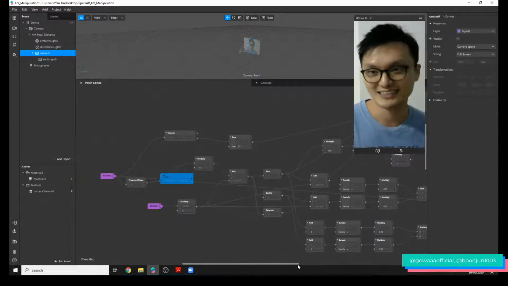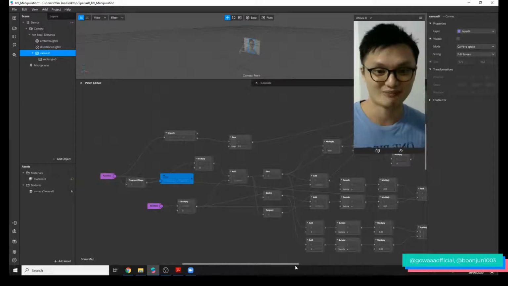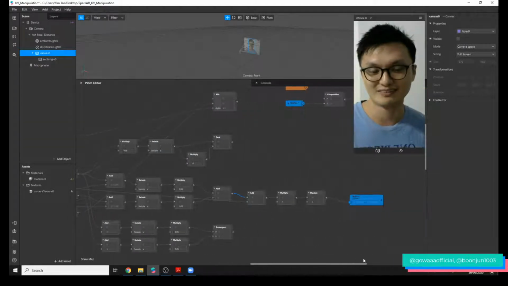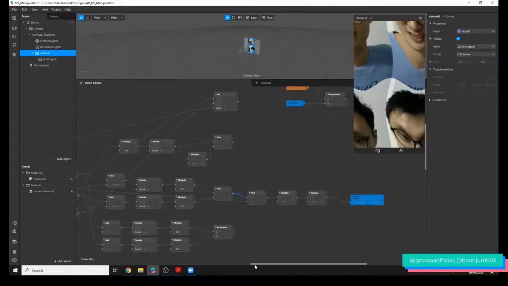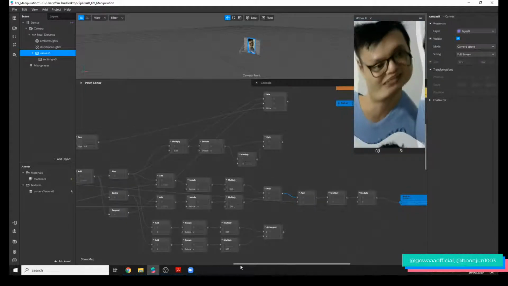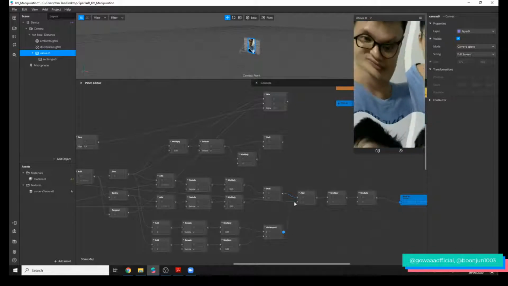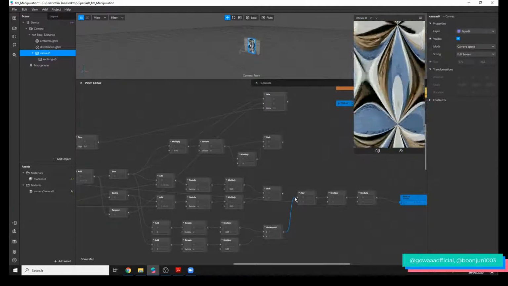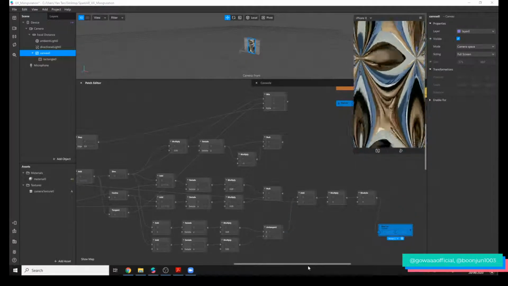Okay, so this is the file that I used last week. Last week I showed some ways that you can use UV manipulation with sine and cosine wave. So a combination of sine and cosine wave, you can create something like this. And if you use arctangent, you can do even crazier stuff. So today